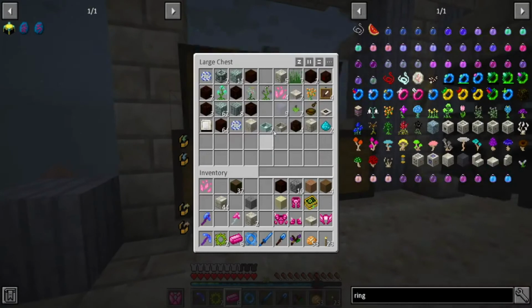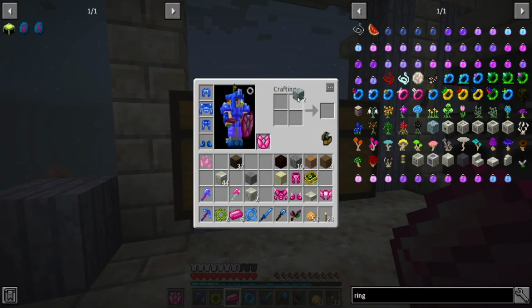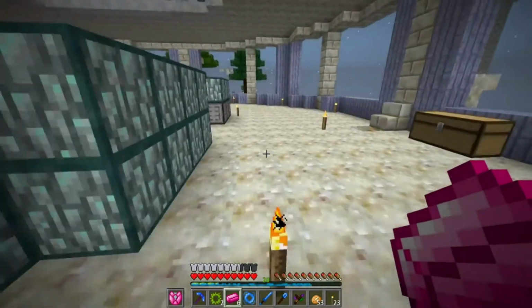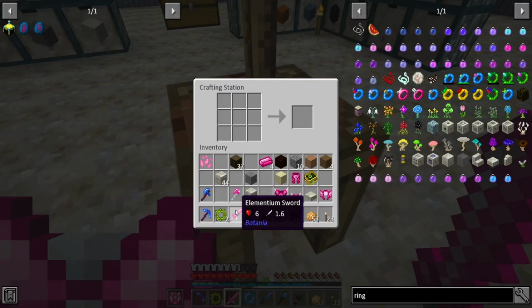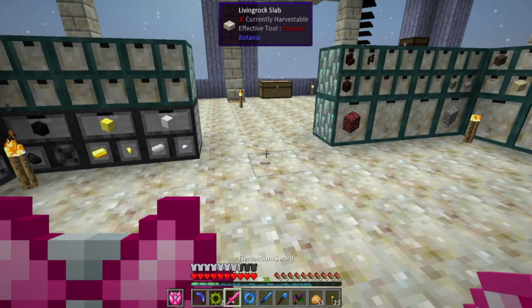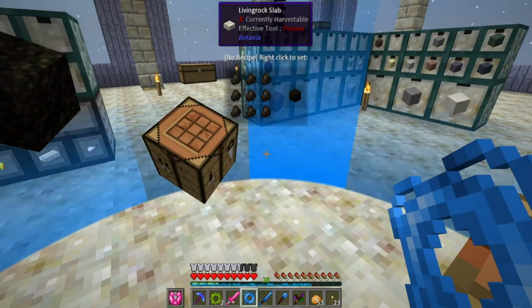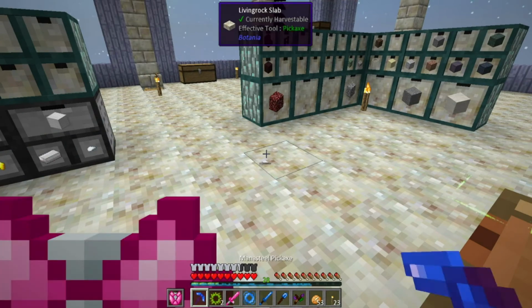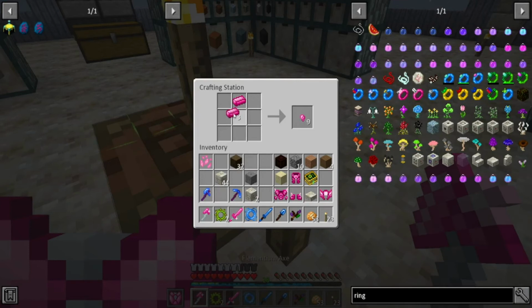Let's make the sword. And get some more iron. So here's the sword. This increases the strength of... Oh, it's visible when you hold the sword. Fascinating. Oh, you are right. I'm right. Yeah, you're...